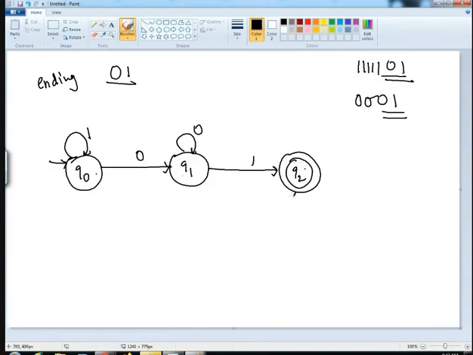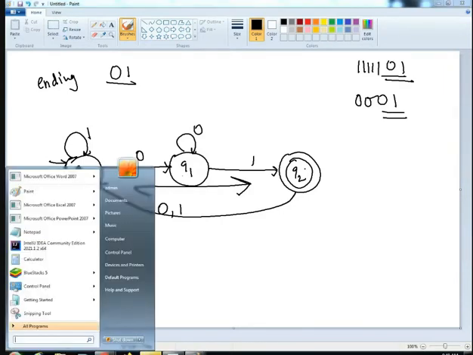Now when you talk regarding Q2, I have explained how we have to give it to Q0 state, because whatever condition it takes, at last it has to follow the loop of Q0 to Q1, Q1 to Q2, and this gives you a string ending with 0, 1. This is the first problem that is there. Let's take one more problem.